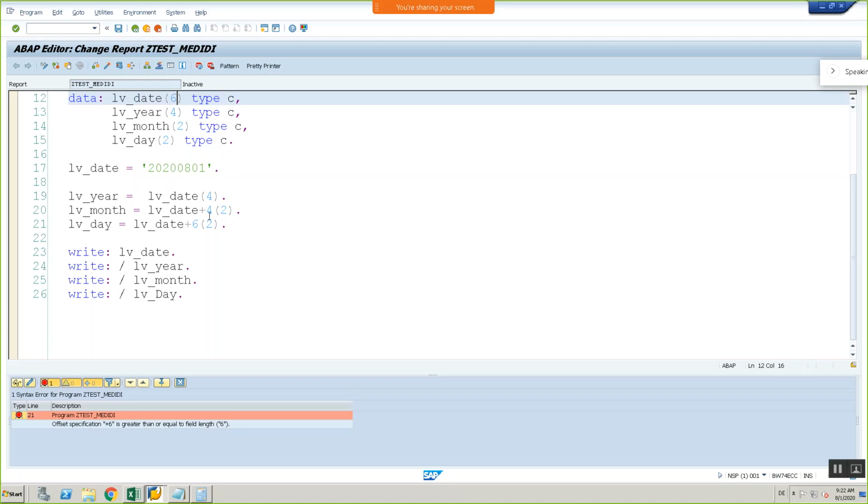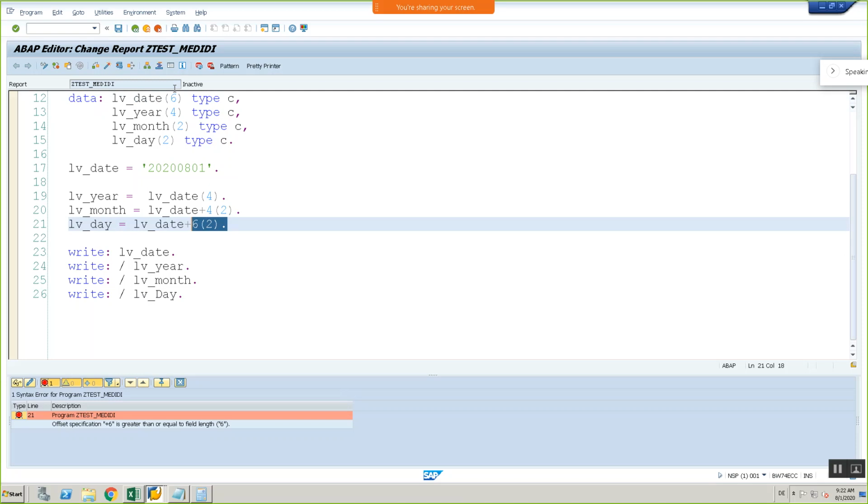But here I am giving 6 plus 2, it means it is telling 8 characters is the length of the date, but I defined my date as 6 characters. So syntactically itself, the system is checking this and telling you that what you gave here is wrong. The max length of date is 6, but you are trying to read 8 characters from the date, which is not possible. That is the error we are getting here. Clear?